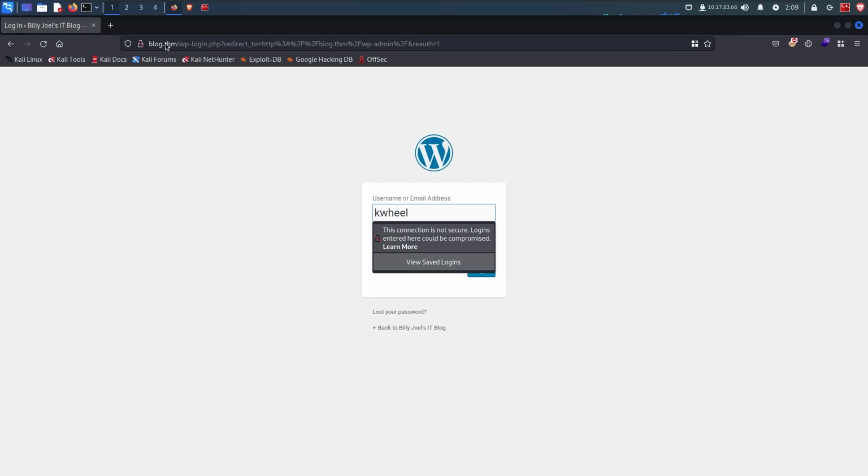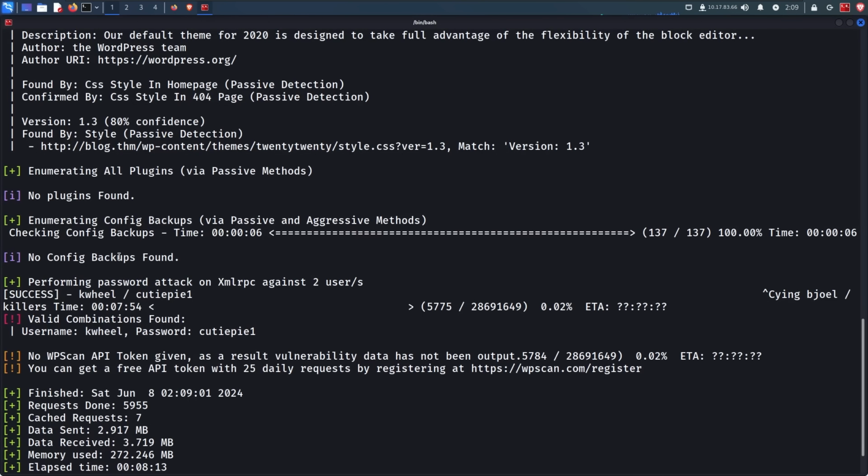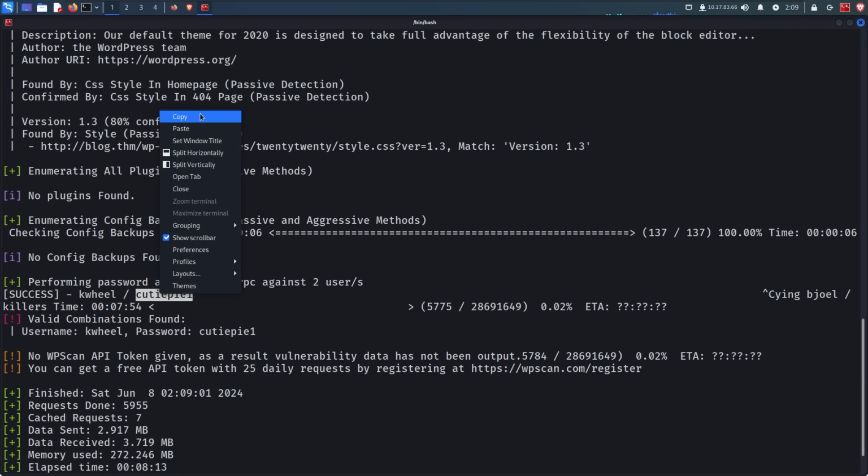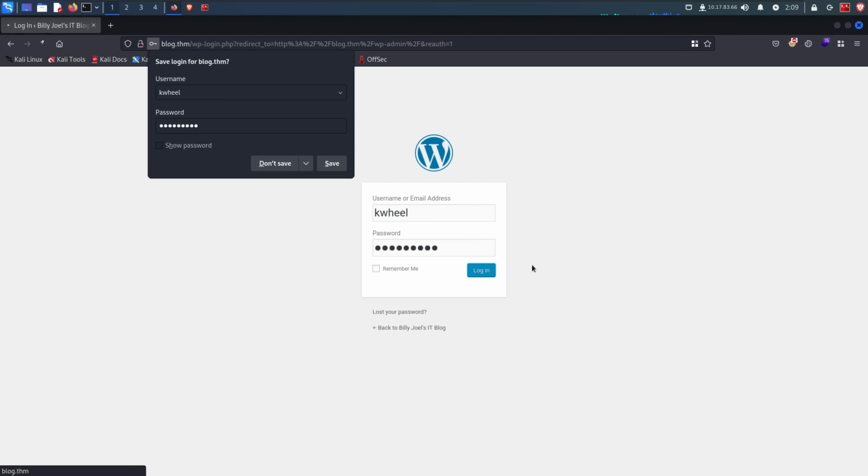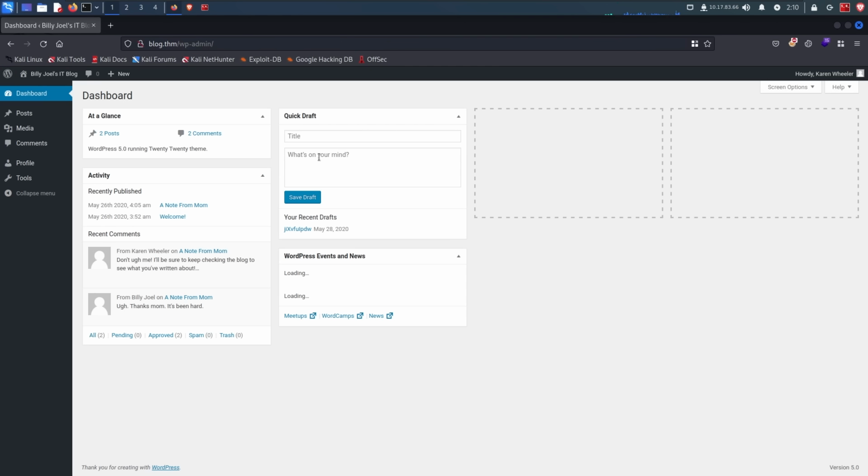And I'm gonna log in, Kwheel, and what's the password again? It's qtpie1. I'm gonna copy this and log in. That indeed worked. Now we are inside the dashboard, the WordPress dashboard, and just at the initial glance, it doesn't